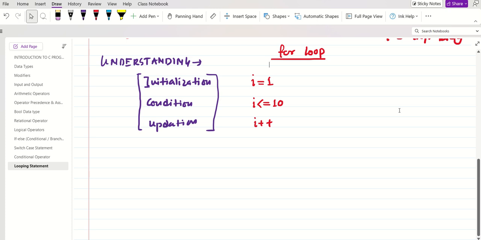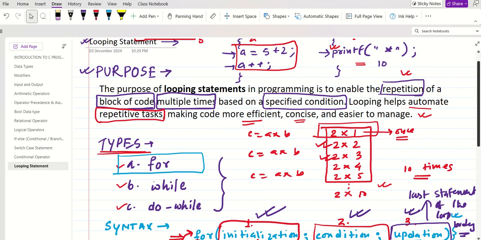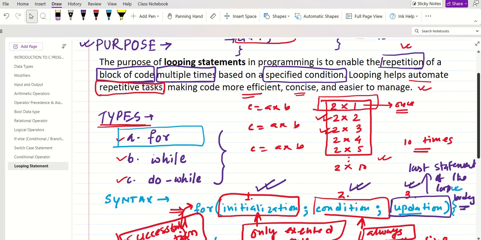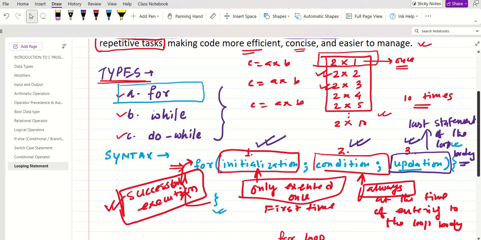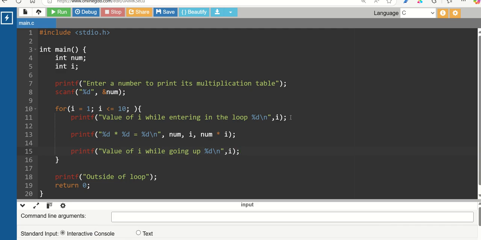Welcome back. It is the continuation of our previous looping statement lecture, where we have seen the basic purpose of a loop statement, why it is necessary, and we have discussed that C programming supports three different ways of writing looping statement through the for loop, while loop, and do loop. And followed by this, we have started discussing how for loop works, what are the required syntax for it, and we have developed one very basic program, multiplication table of a